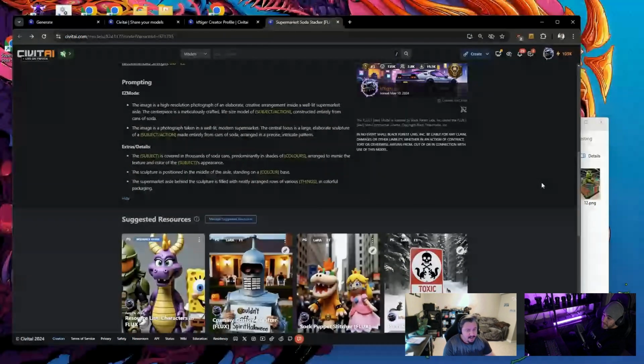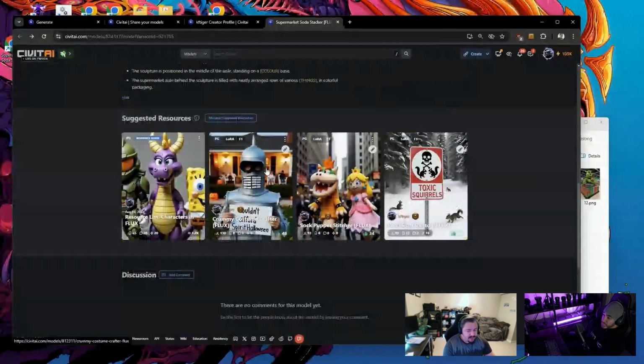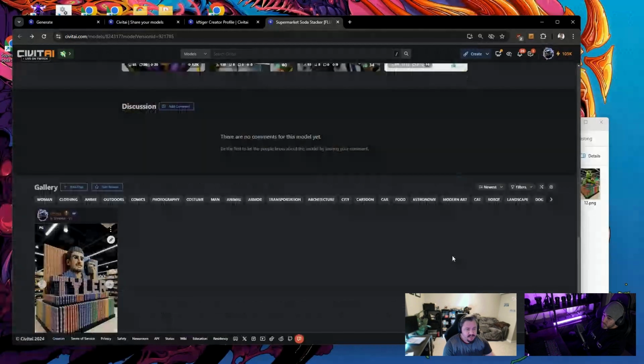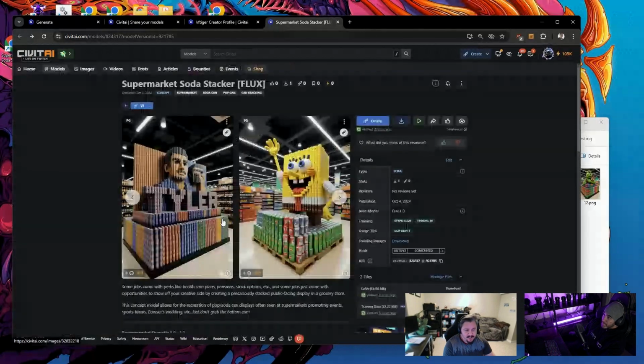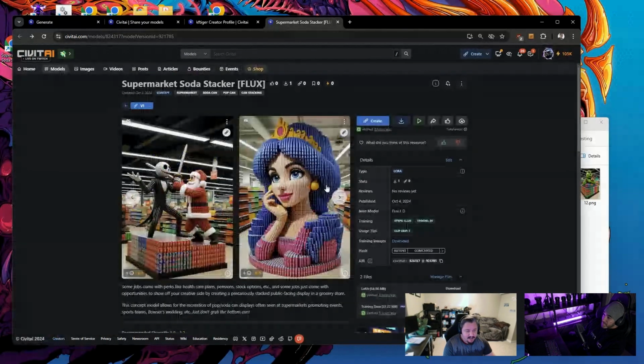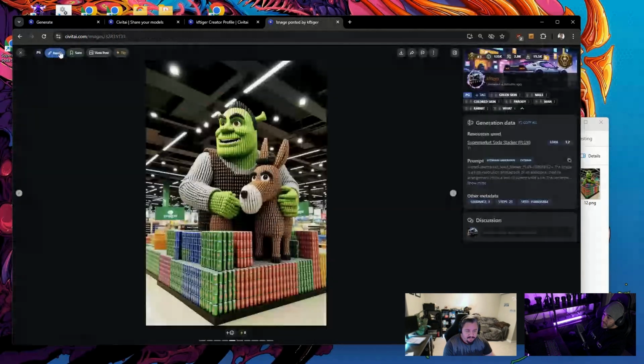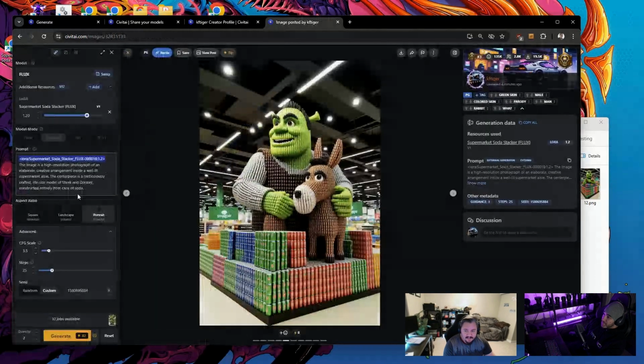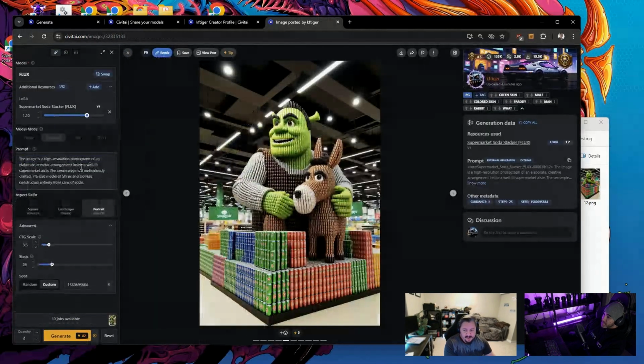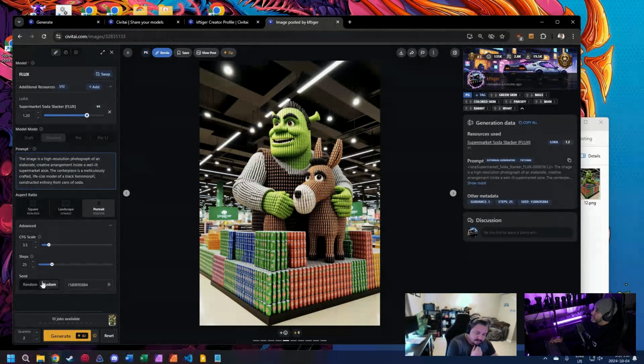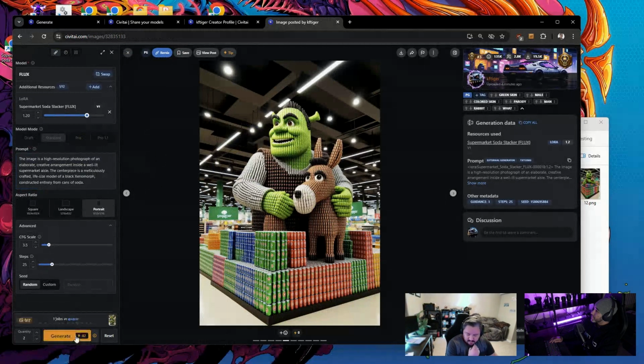There are a couple of recommended suggested resources, but as it is right now, you should effectively be able to go in and say, remix this. I mean, you probably don't need this part, but we'll take out Shrek and Donkey and say, Black Xenomorph, since that's also, take off the seed, see what comes up.